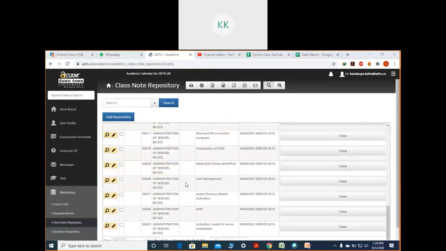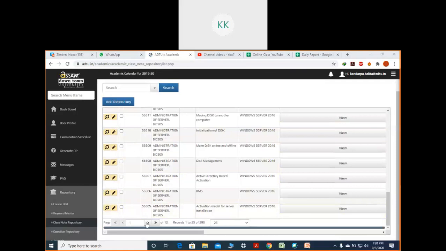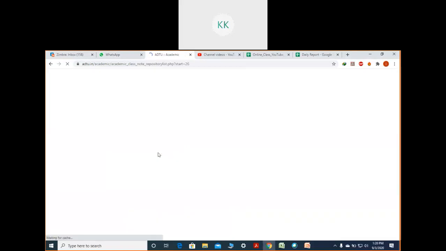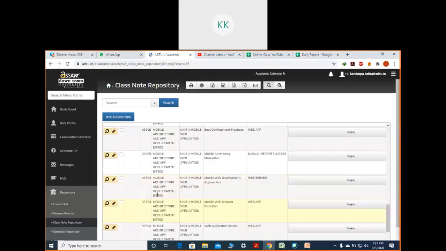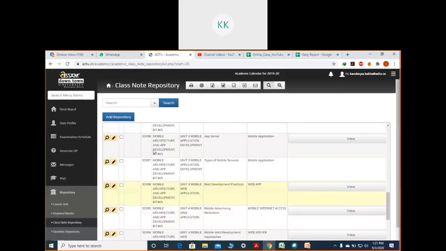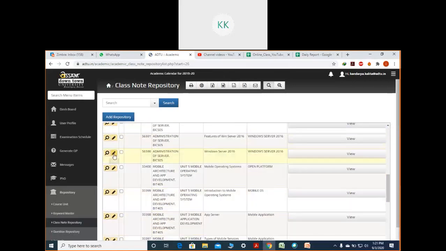I'll shift to the first class. In the first class, we had one consolidated discussion regarding Windows Server or any server operating system. Where do you find all these things? On this screen, whatever subject I am taking is displayed. From here your things start. Now if you click on this button,